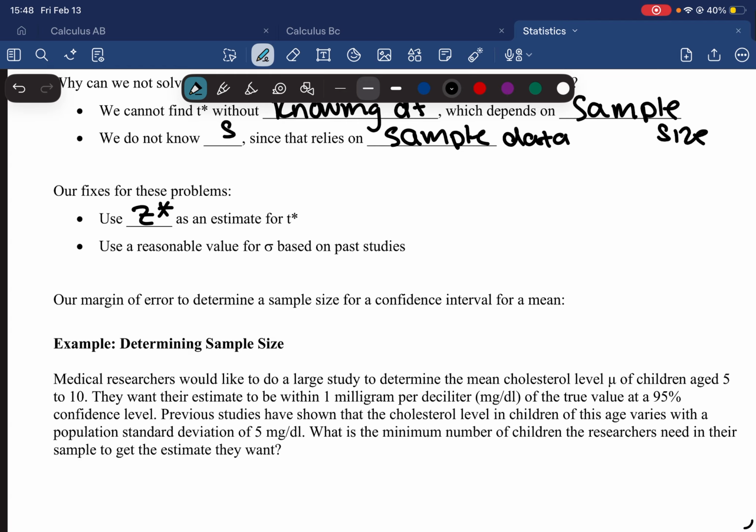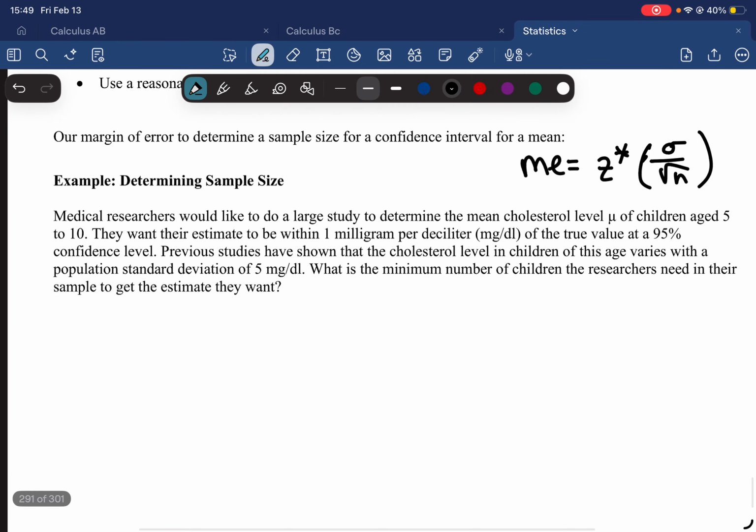Our margin of error to determine a sample size for a confidence interval for mean is going to look like the equation above, but instead of T star, we're going to use Z star, and instead of sampling standard deviation, we're going to use population standard deviation, or sigma. So looking at the example,